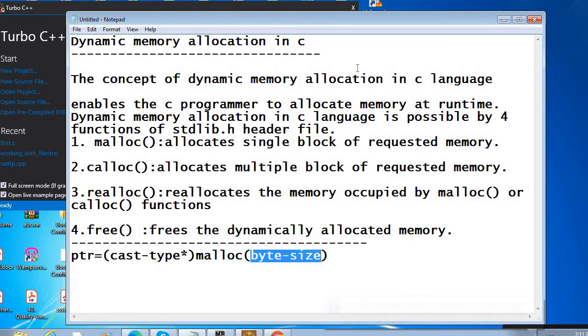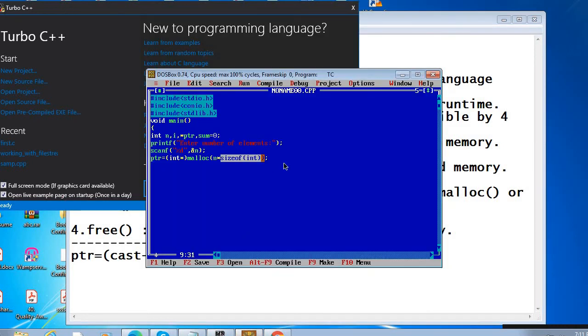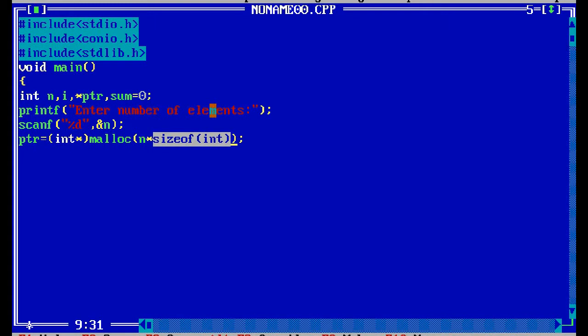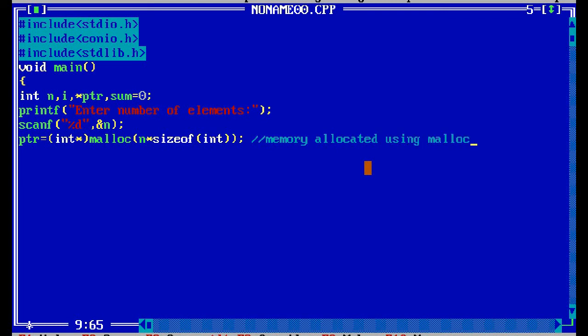So sizeof int, this is the byte size, and n is the number of elements. N into that size I am giving as integer. So here memory is allocated using malloc.